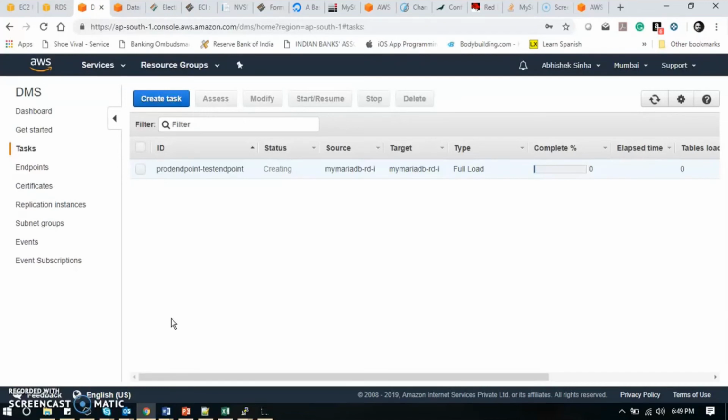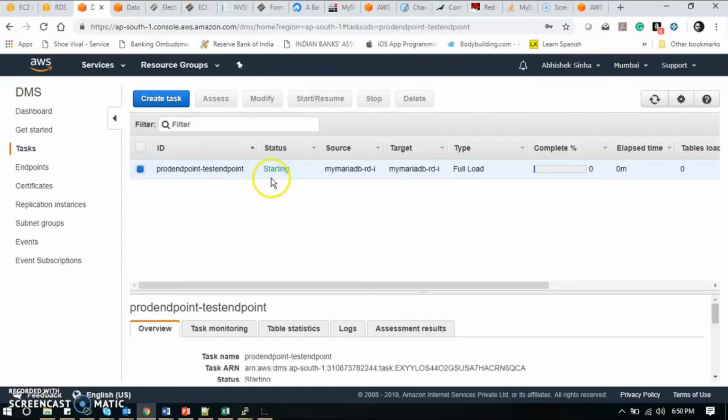Once it starts, I will show you how the data gets migrated. So I'm starting the task, it is starting, and once it gets completed, I will show you how the data looks on the endpoint server. In the meantime, I will pause the video.